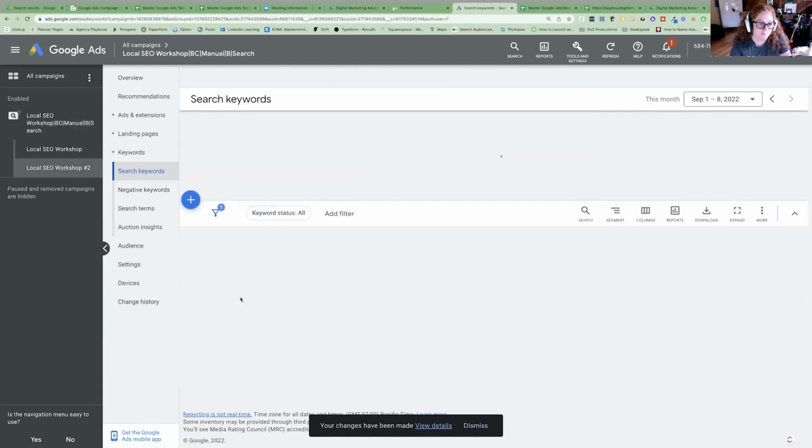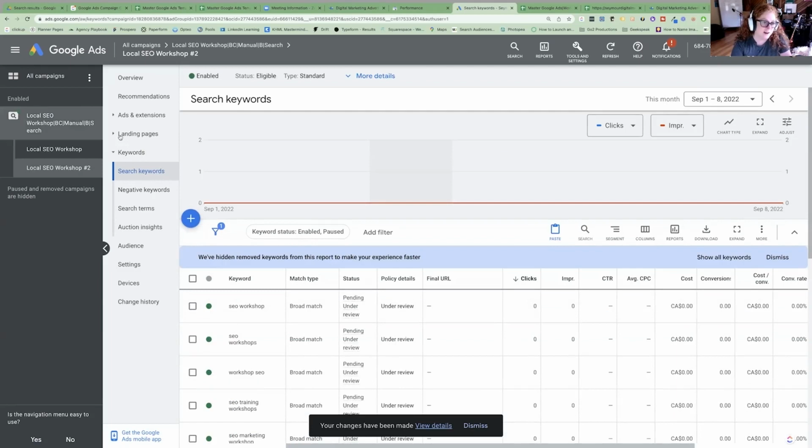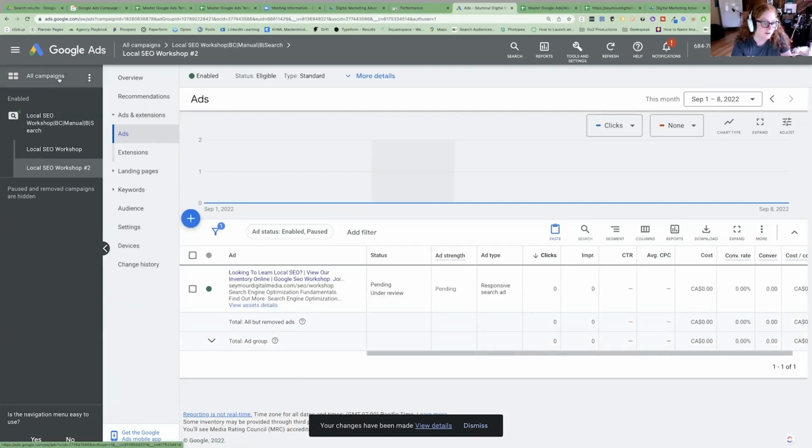So I've got my ad group. Look, I clicked on the ad group and it took me to my keywords. Do you see that? It's going to jump you around. So we're going to ad groups. If I'm not seeing ad groups here, but I'm in my second ad group and I want to see both of them,